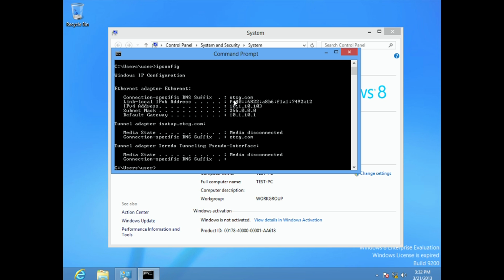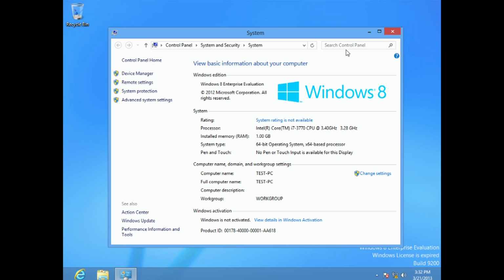So if this says anything other than your domain, then you need to go hunt down the DHCP server and turn it off. The only DHCP server that can be on the network right now is the one that should be configured on your 2012 server. If anything else shows up here, that's its own networking problem. You have to turn off the other DHCP server, make sure the DHCP server on your Windows 2012 server is running, and then come back. So once you've made sure you've pulled an IP address from the proper DHCP server, then we're going to go,